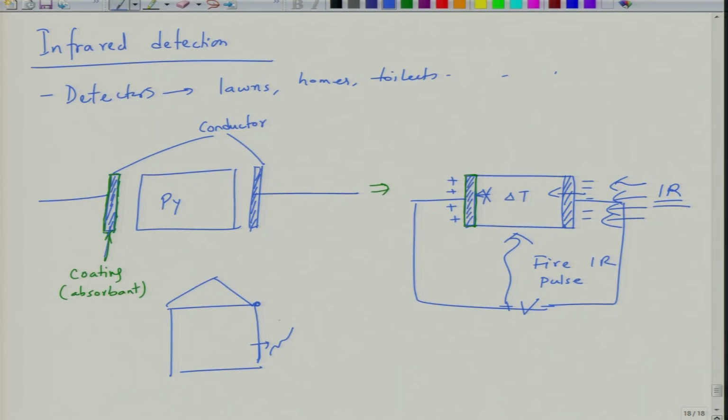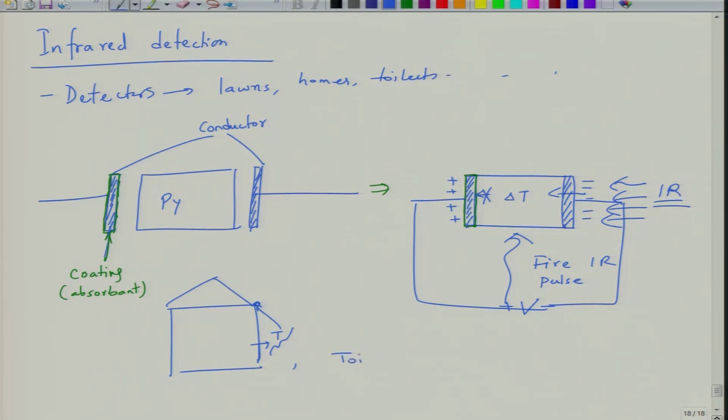When somebody passes by, the temperature of this person will create IR. Basically, when the human body is hot, it creates IR, and this IR is detected by this detector. Because of the change in the pyroelectric polarization, it will turn the lights on or off. So, basically it can be used as a light saving device.